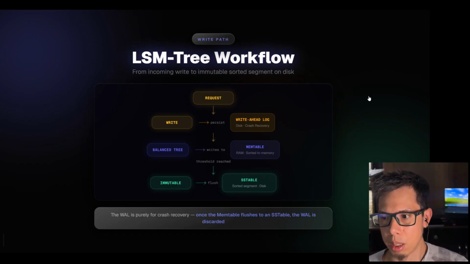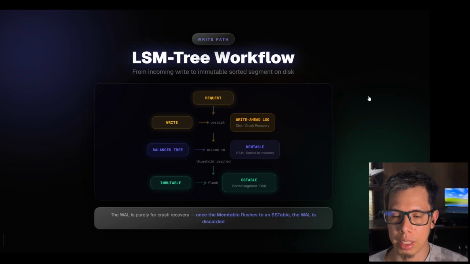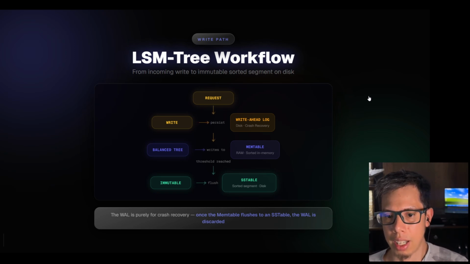Okay, the next thing that will occur is that it will generate a balanced tree. That means the system will internally generate an ordered tree, and it will be stored in the RAM. In this case, the Memtable. It will store only the recent changes that were generated in this write ahead log. And finally, when a time or size that was defined in the system is reached,